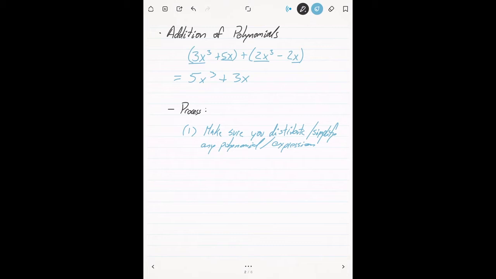What I mean by that is, if there's a distribution in the problem, make sure you do that. If there's already some like terms, try to combine them together. What I want you to do is make sure you've simplified everything down so that you don't need any of these parentheses. If there was, for example, a 2 on the outside, use our old property of distributing into the expression already. So do that before you do anything else. Once you've simplified everything, go ahead and